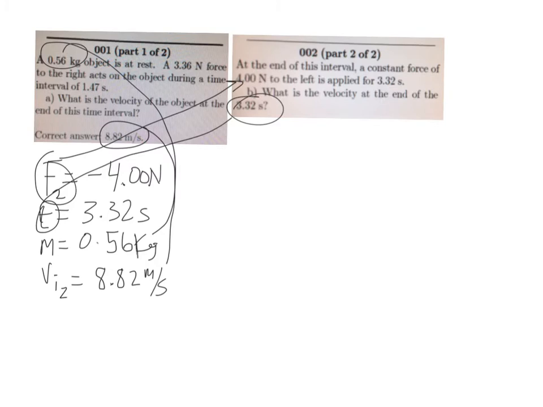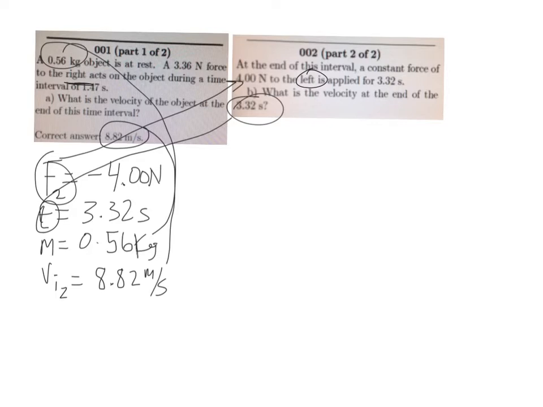All right, so real quick, if we follow our lines here, I wrote our knowns down for problem number 8. You were going to use the new force. Notice I made it negative because it's to the left, and this object is moving right. Okay, the new time of 3.32 seconds, and then we had to get the kilograms from problem 7 as well